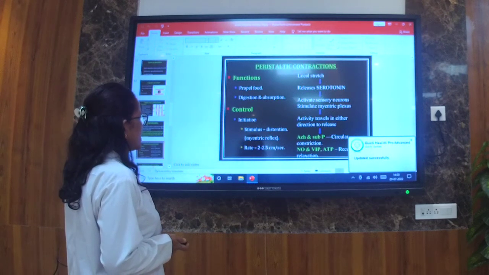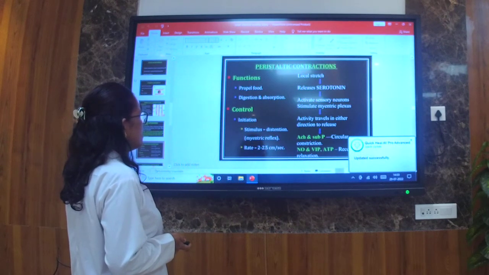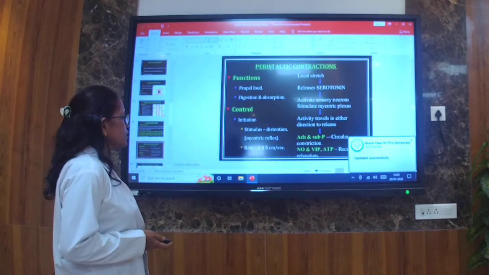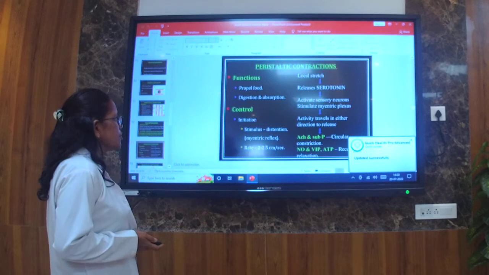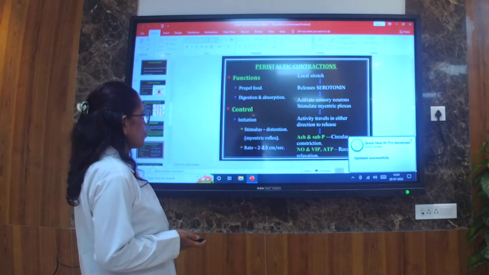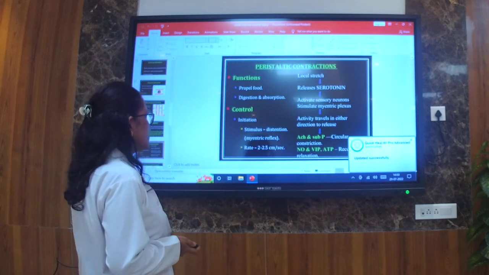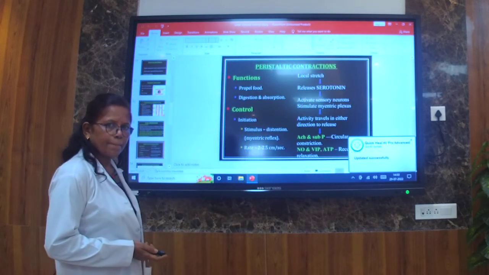Then what is the flow chart for this? Local stretch is there because of the distension. Then release of serotonin. Then it activates sensory neurons and stimulates the mesenteric plexus, that is the nerve plexus present in the smooth muscle. Then activity travels in either direction to release